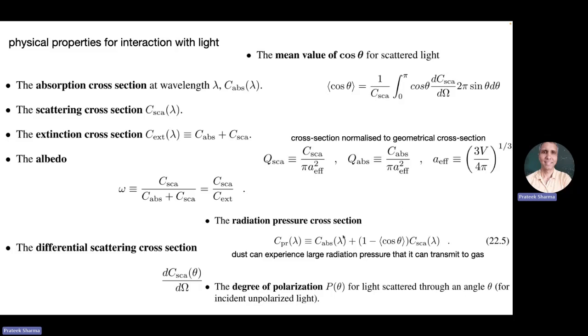Okay. So here are some of the notations, at least. This is a classic problem in E&M, right? To solve for the E and B in the radiation, far-field limit, given this incident radiation, your material response will produce that. We cannot do that in this class, but that is the idea. So these are the notations. Okay. So C_abs is the absorption cross section.